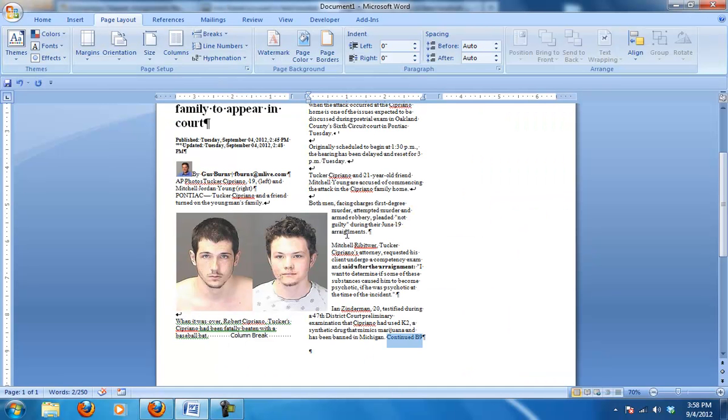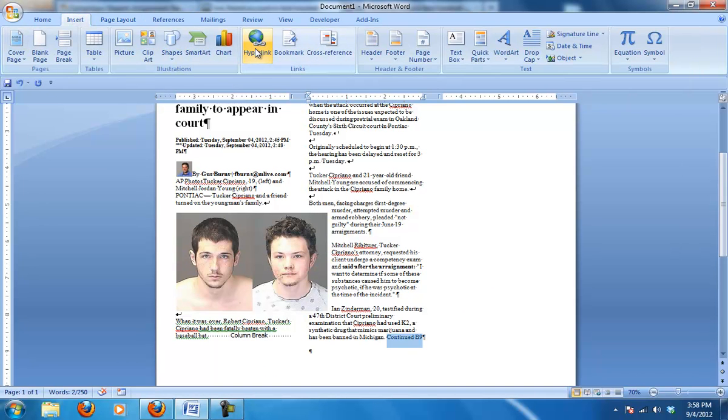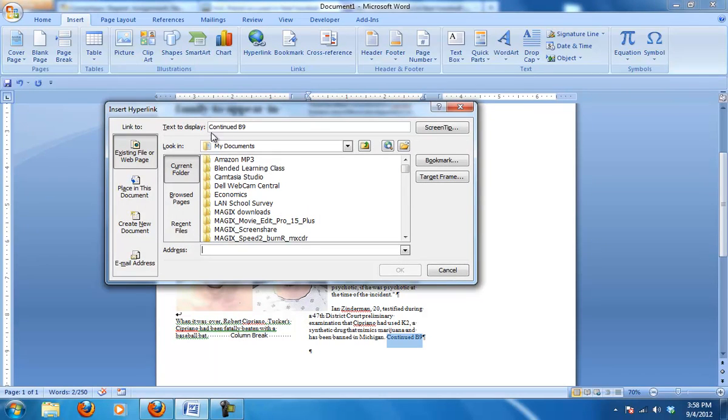And then I'm going to go back to my Word document and I'm going to turn this into a link to that story. So I'm going to insert a hyperlink. You can also hit Control K, it will do the same thing. When you insert a hyperlink, it's going to give you the text to display, which is what I highlighted, continued